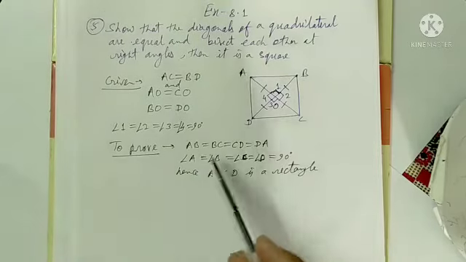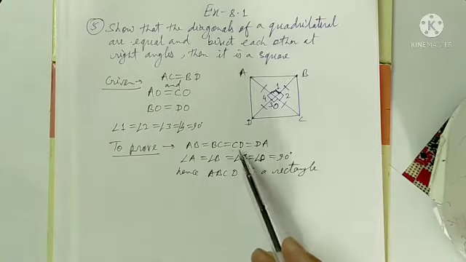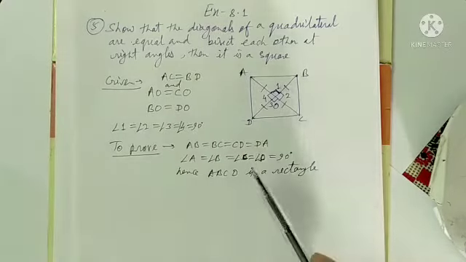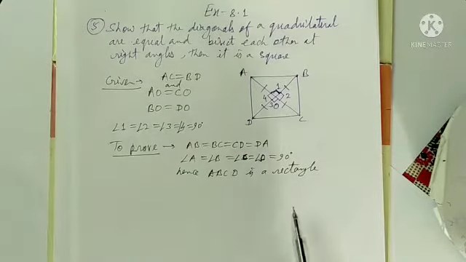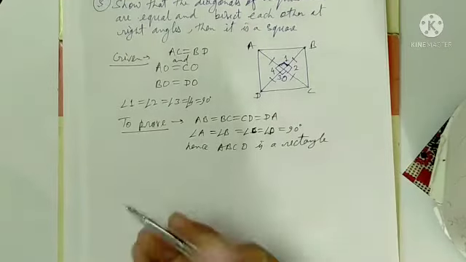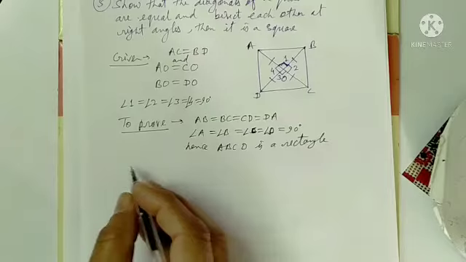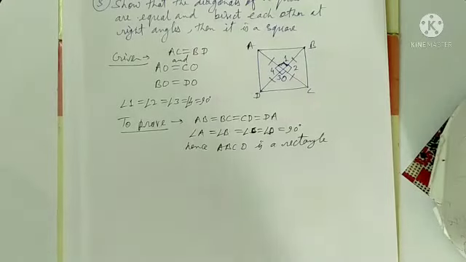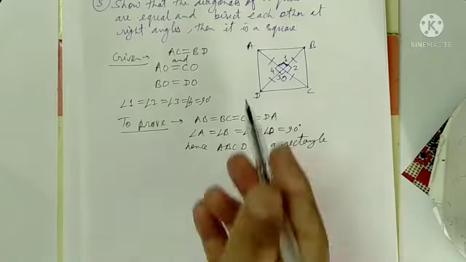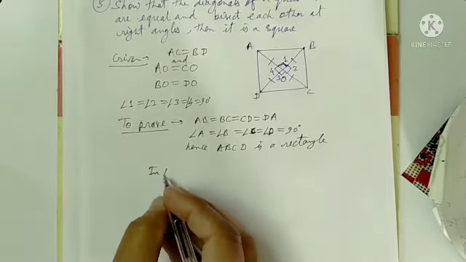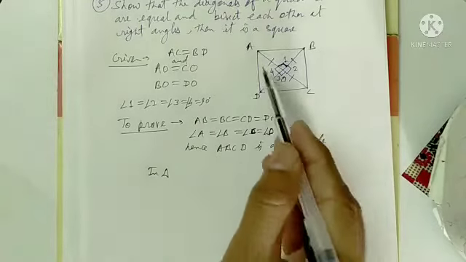To prove, we have to prove that AB, BC, CD and DA, all four sides, are equal and every angle is a right angle. Then it is already proved that it is a rectangle. Now we can start. It's very easy. The construction we have done already here: angles 1, 2, 3, 4, and the bisecting parts of the diagonals. Now take the triangles.